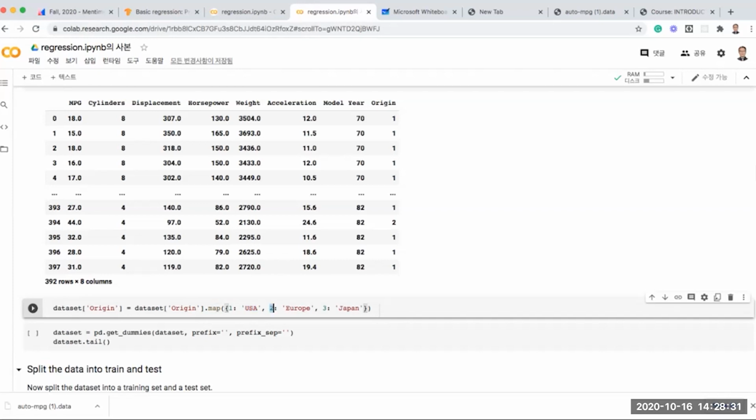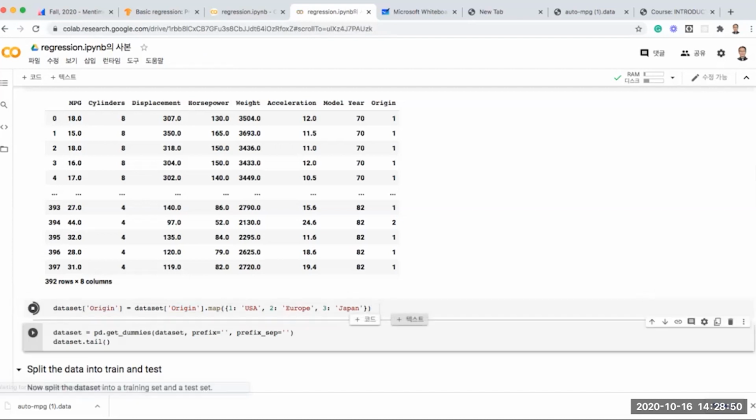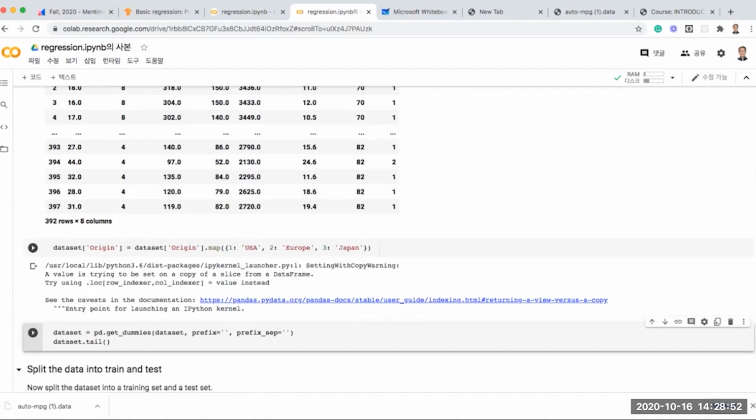If the number is 2, replace that number with the string Europe. And if the number is 3, replace that number with the string Japan in the origin column, and then save it again to the origin column. So once you do this, well,